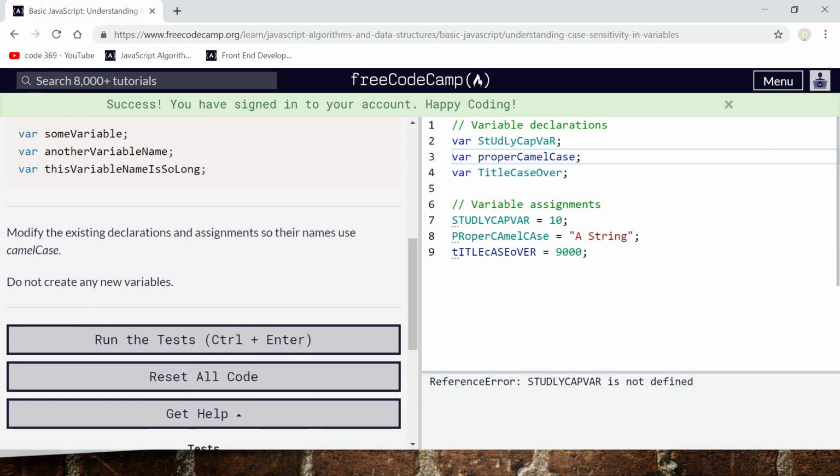Modify the existing declarations and assignments so their names use camel case. Okay, this is called as camel case. The first letter starting with small, and the first word camel starts with small and the case starts with caps. Okay, this is called camel case. Okay, like that we have to give